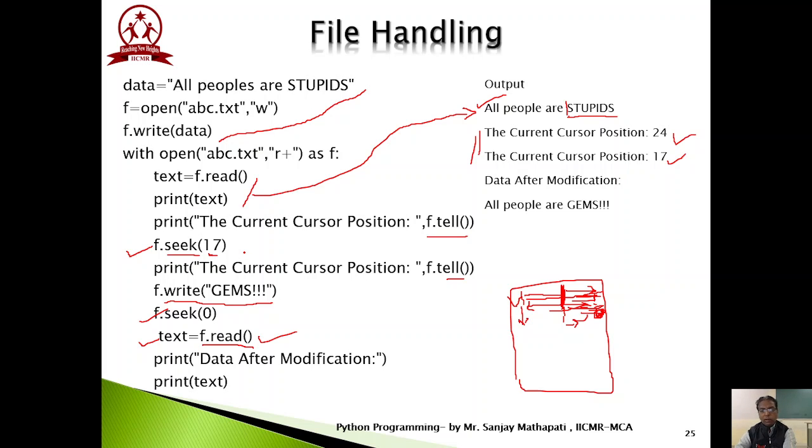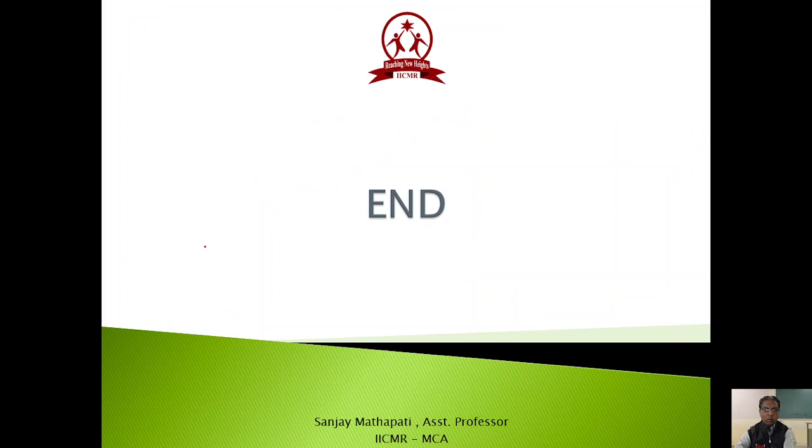One is tell, which is responsible for displaying or getting the current file pointer position. And if you would like to move your file pointer to a specific position with respect to the beginning of the file, then you are going to use the seek method. So this is the end of the concept of the use of the seek and tell methods.